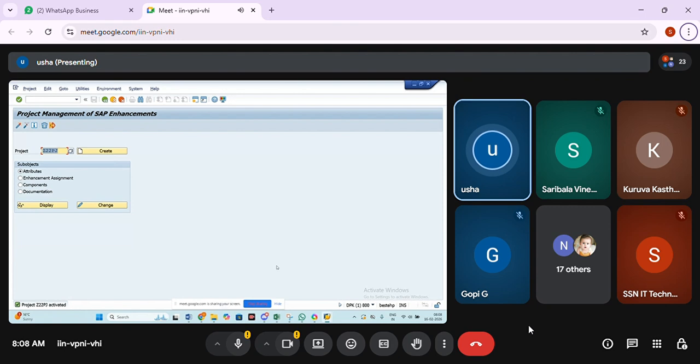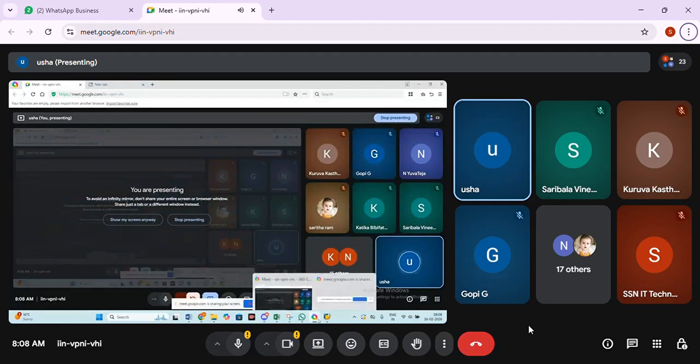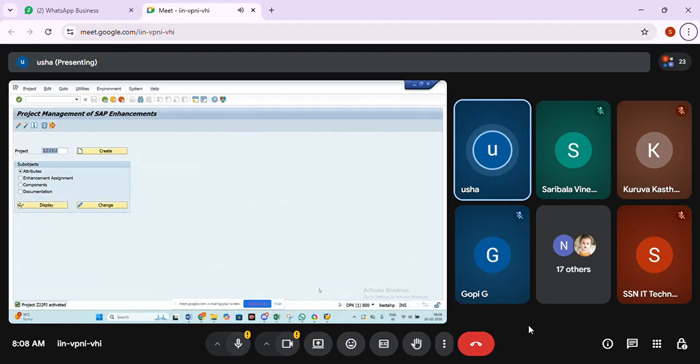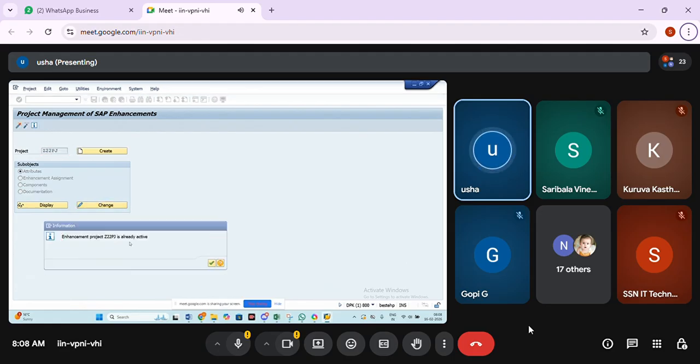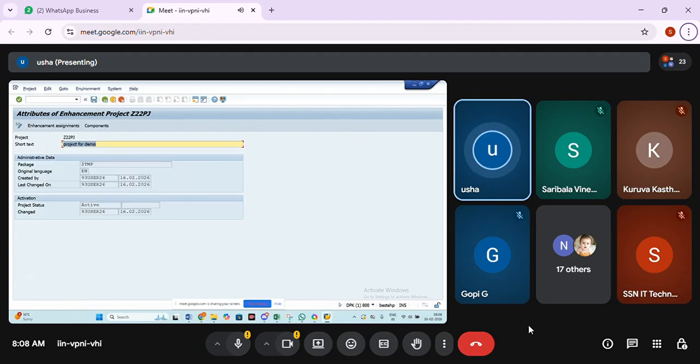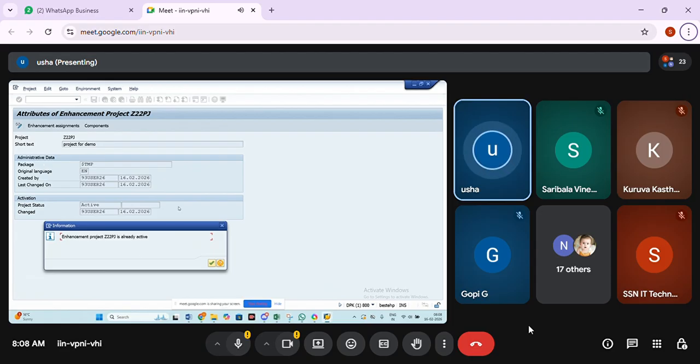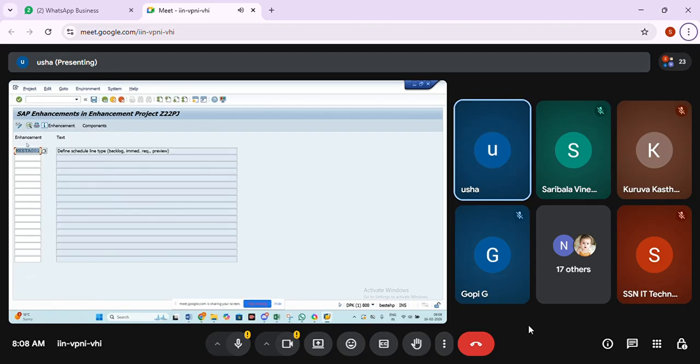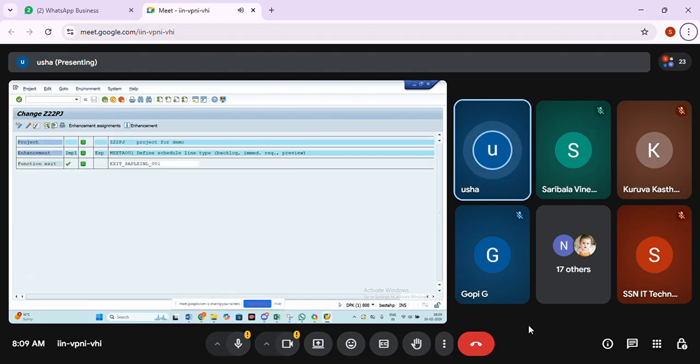Sorry for the break. We don't have a deactivate button at the programming level, but here you'll have the deactivate button. For example, I created this, but later I noticed that it is not suitable for my requirement. At that time, we can go to the enhancements, then go to the components, and we can deactivate this.